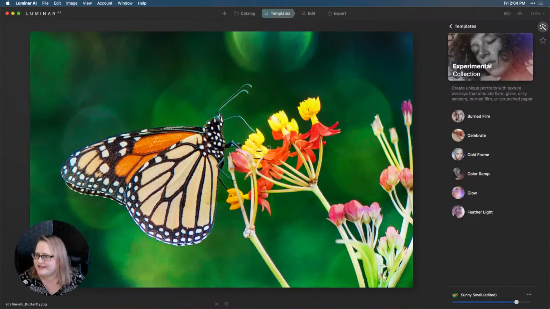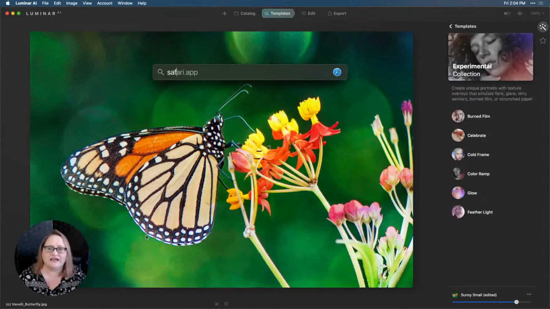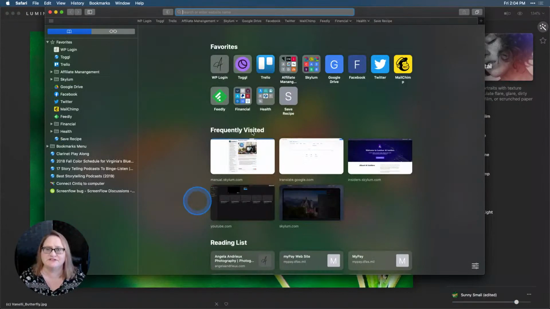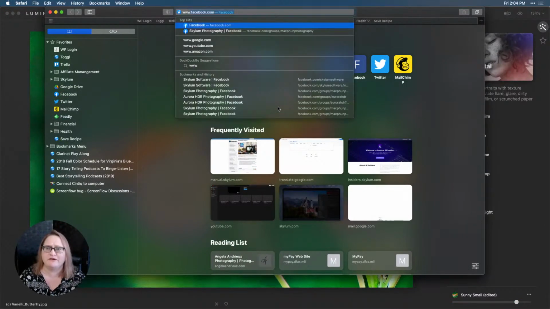Also, is there a description of each filter adjustment and what it does somewhere? Yes. Okay, so the best place to start is in the user guide. So what I'm going to do here is pull up my browser and take you right there. So you're going to want to go to